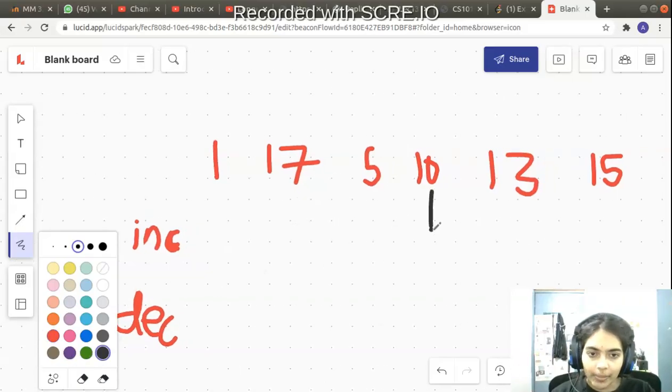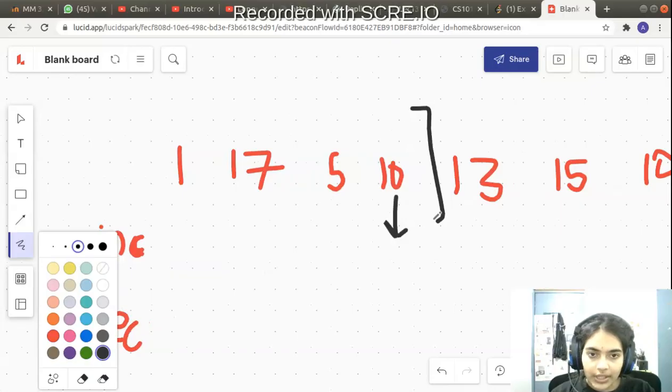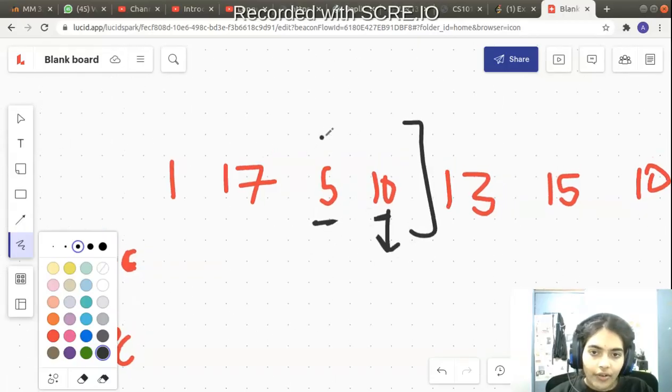So what I mean, for example, consider this. Whatever sequence I have before, I don't care, I'm just considering these two numbers now. So consider 5 and 10. If a wiggle sequence is formed considering 5 and 10, in the last you see 5 is smaller than 10. So my increasing variable will increment by 1.